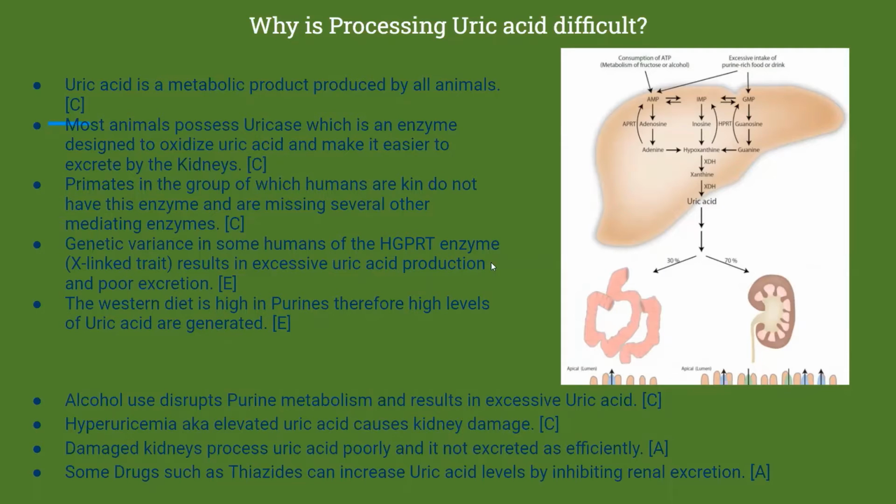It's an X-linked trait, so unfortunately for us men, it tends to affect us more, and that can cause really poor excretion of uric acid, so that is a concern. Now, another concern is a cultural thing, so the Western diet that we worry about. The Western diet has a lot of purines. We eat a lot of red meat. We eat a lot of protein in general compared to a lot of populations, and so that is a concern